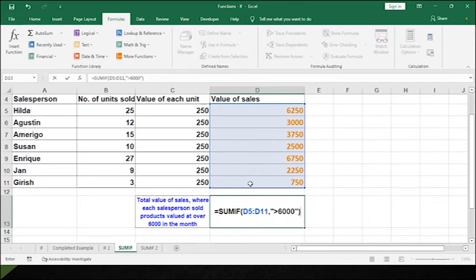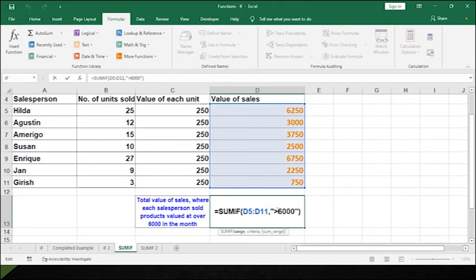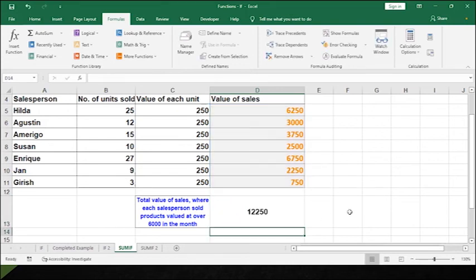So as you press enter here, you see that the result there is 13,000, because it's only summing those ones that are greater than 6,000. If I now remove greater than and put less than, and press enter, it will now show us 12,250, because what the formula is doing now is summing those values of cells that are less than